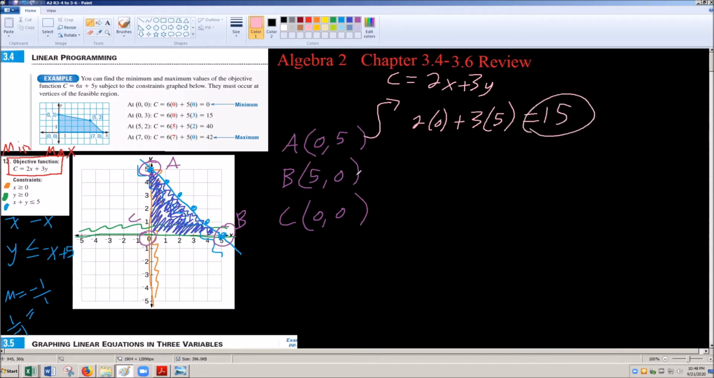Then for my b value, I'm going to say, okay, it's going to be 2 times 5 plus 3 times 0. Again, if it is 0, you don't really need to plug it in, but I'm just writing it out for clarity's sake here. So here now I'm going to be left with 10. And the last one here I got